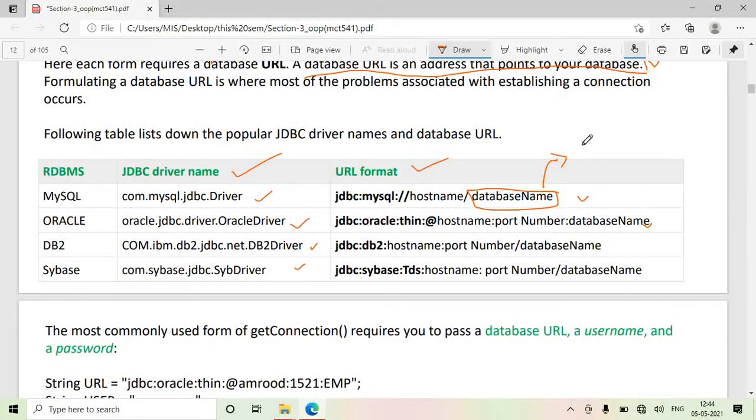In our practicals, we created demo as a database, so we have replaced this database name with demo, or sample, whatever your database name is. You can replace this text with your actual database name, so that all your queries, say insert query and update query, will go inside that database and work there.